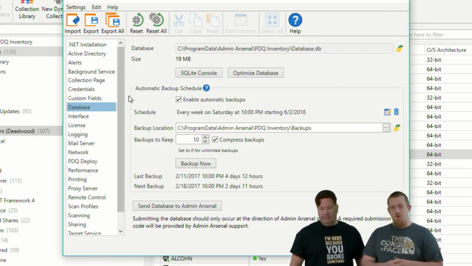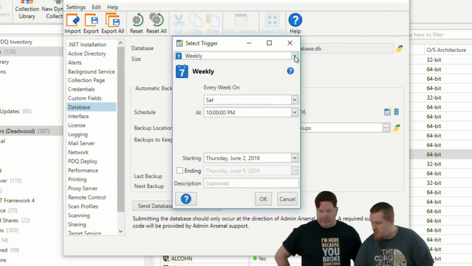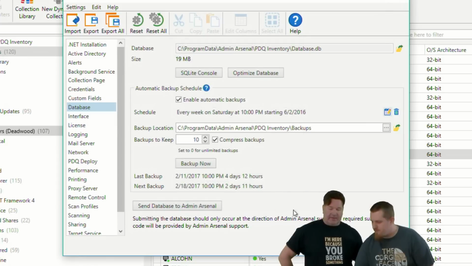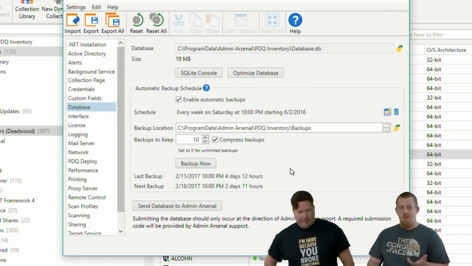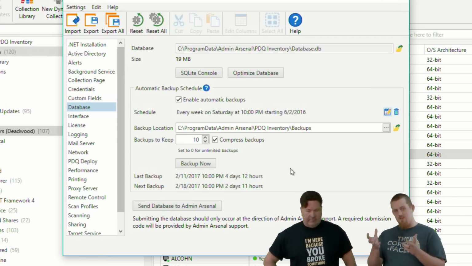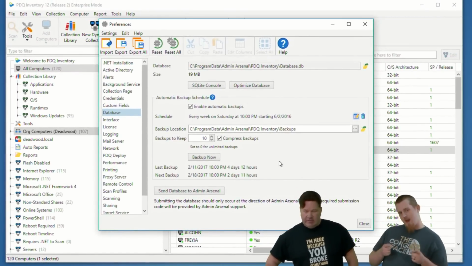You can change it to whatever you want based off any of these schedules here, these triggers. Anything you set up there. And I would suggest try and get it off your box so it's a legitimate backup. Put it somewhere else. And it does grab your auto deployments. It'll grab your schedules. It'll grab just your database, preferences, the whole bit. So offload it somewhere. That's the way you do it, dude.